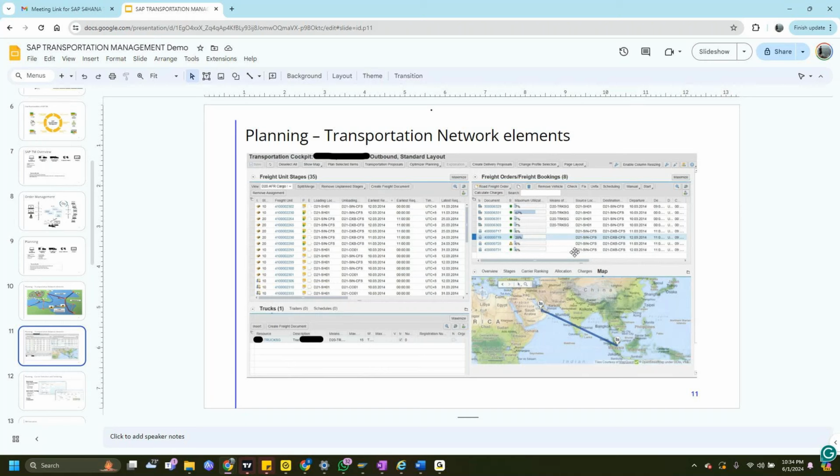A few are semi-automatic, which are straightforward. And later, after 6 months or 1 year, when the entire set of users are comfortable in the system, then they'll go for an automatic process. Like we set up batch jobs to have this run automatically, and the transportation planner will only go and check the results. He is not involved in any of the planning process. So that's how a real-time implementation works. If you set the client's expectation as a completely automated process, then it will be a difficult task to deliver it.